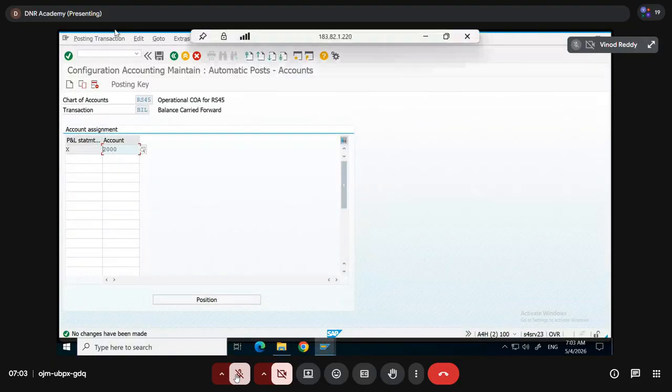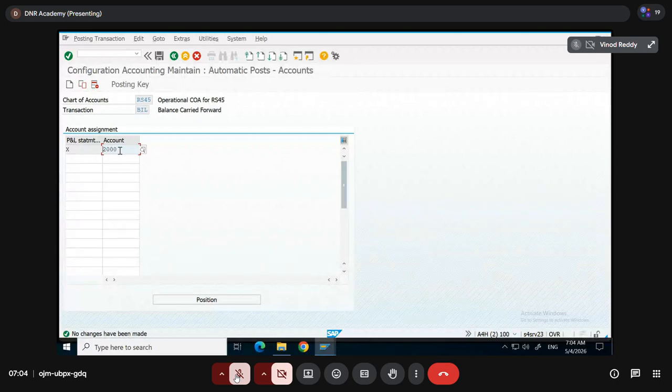Without performing this reconciliation step, it won't allow you to create a GL account itself. SAP has made this configuration mandatory before you create any GL account. That's the reason you give any identification key here, 1 or 2 characters, not more than 2. XR, you can give RS, AB, CD. You can give any one identification key and give the GL account which is there in your